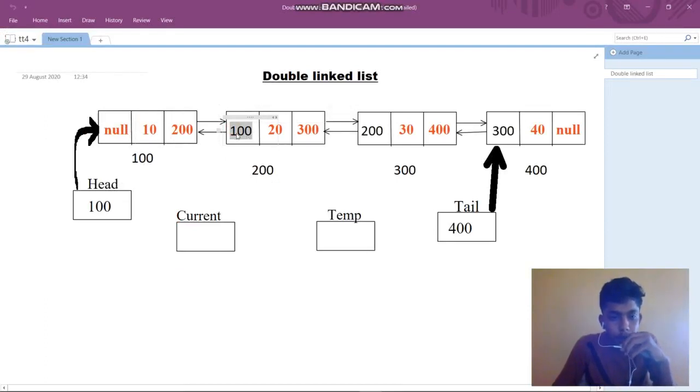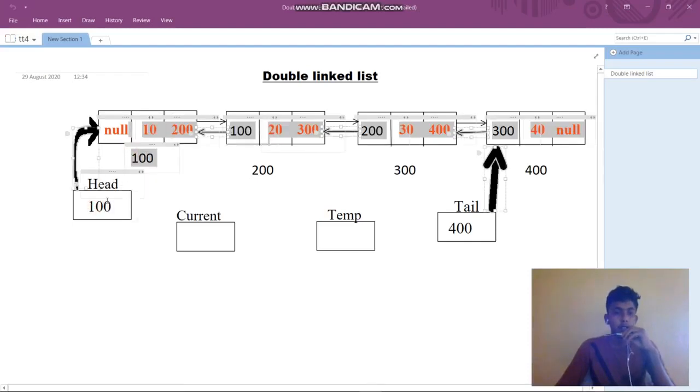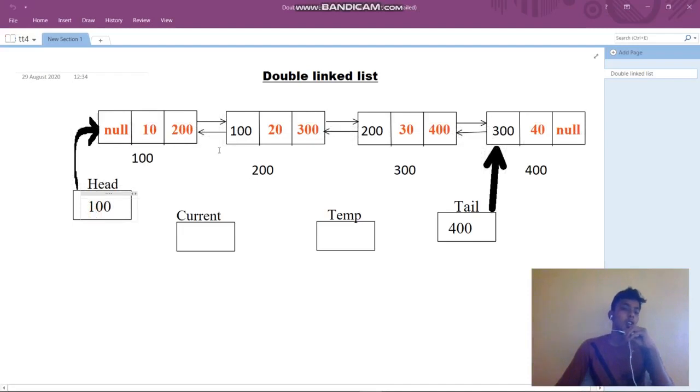So head of previous equal to node address, 100, is stored here. Next, head equal to node, that is, 100 is stored here. So initially the node will be the first element.